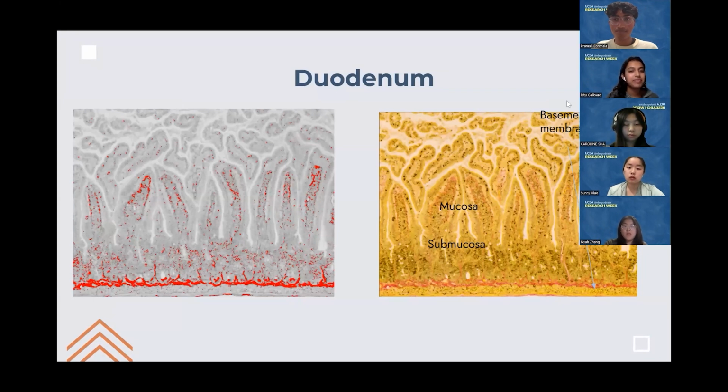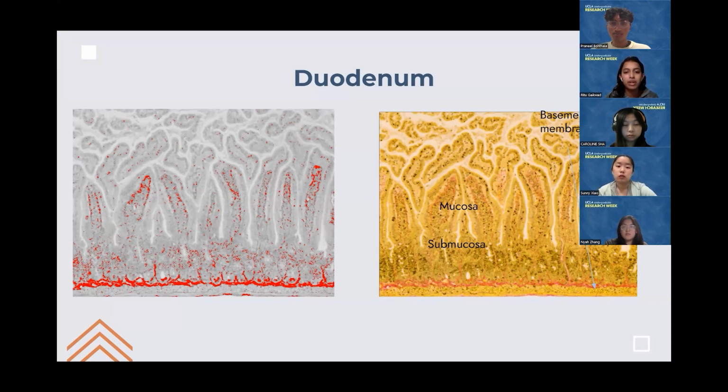So we can see from this first slide the different parts of the slide makeup. First we have the basement membrane, which is the very bottom of the slide. It's a yellow layer, which is made up of proteoglycans, calcium proteins, and collagen proteins. And then we have that red layer above that, which shows the marker of collagen, which is an indication of inflammation and fibrotic tissue,